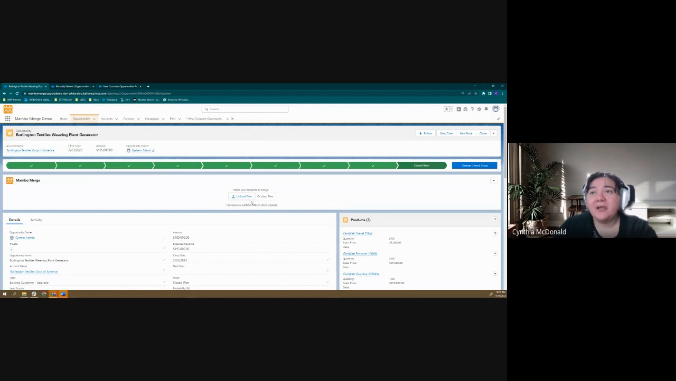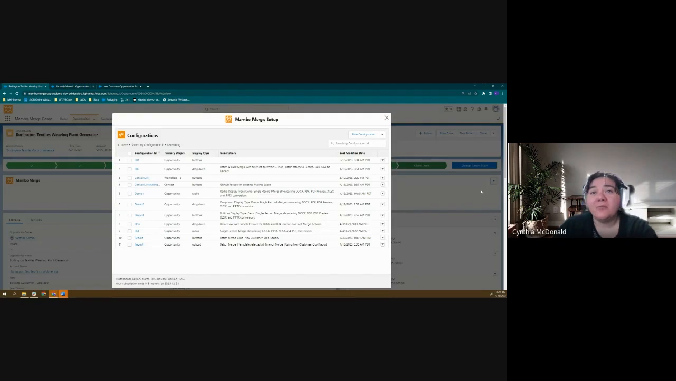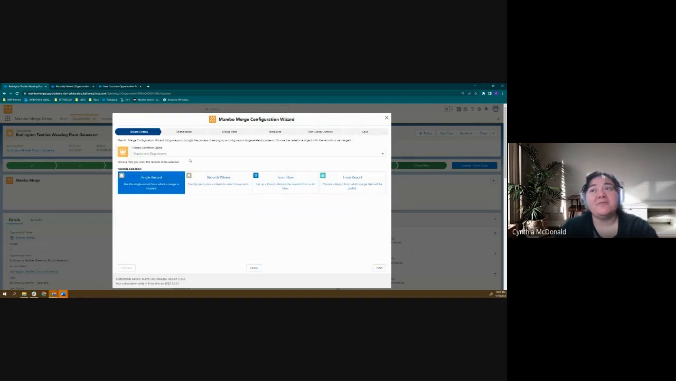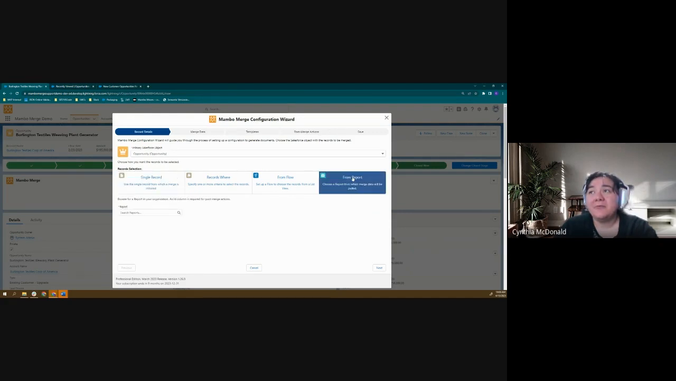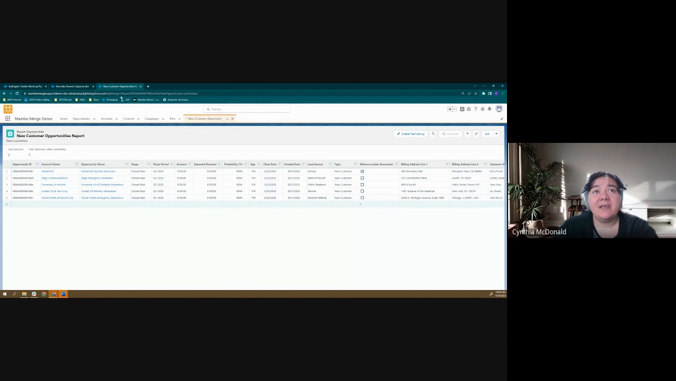We could just drag and drop files here, but we actually want to do a report merge. I already have them kind of built out, but we're going to go ahead and hit new config so you can follow me through the whole process of doing that. We're going to select from report. We're going to assume that you already have your report built. In my other tab here, you can see my report that I have already built. It's just grabbing all of my new customer opportunity report here. And I filled it in with some fields. And I'm going to go ahead and apply that to